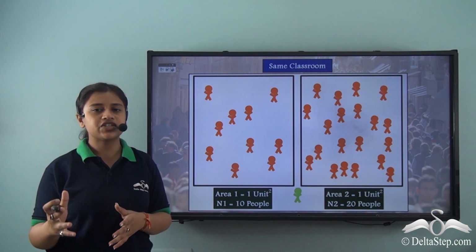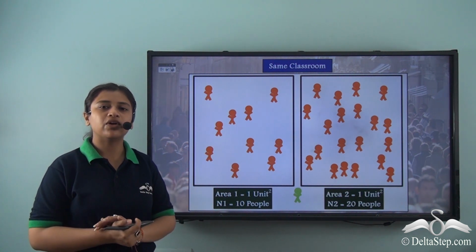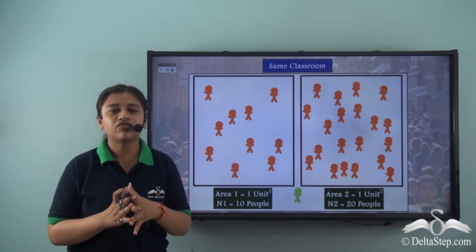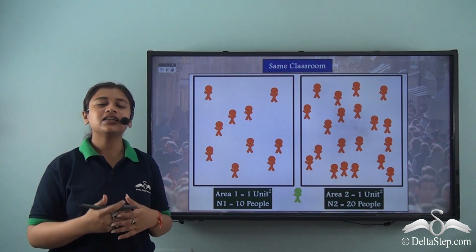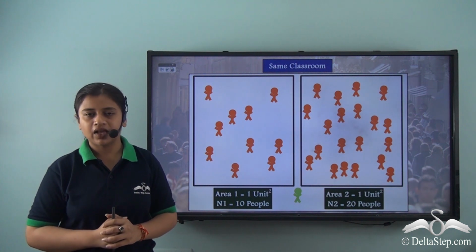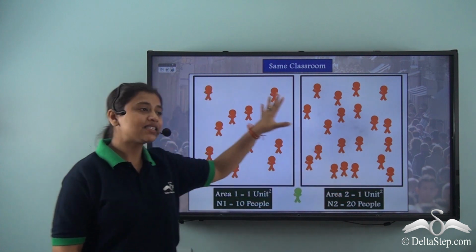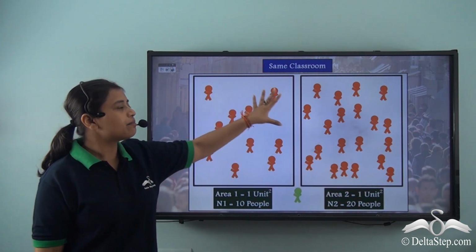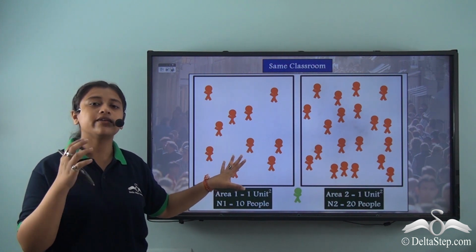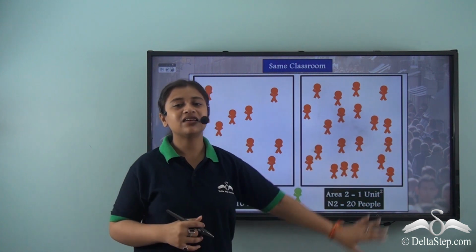So 2 children can sit on each bench, and the benches are enough for the number of children in the class. Now in the middle of the year there are new admissions and some new students join the school through the midterm admission. Now you see that the number of students has increased in the same classroom. So the area remains the same. The resources, that are benches, tables, books, all remain the same, while only the number of children suddenly increases in the middle of the year.